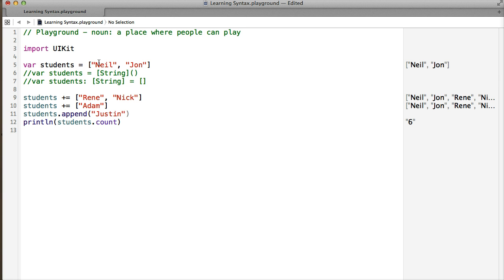By the way, once this is a string array, it's a string array, and you can never put anything else in it until the array is released from memory and you don't use it anymore. So if this is inside a function, for instance, and then the function ends, the next time you come in, I suppose you could use the same array as an integer array when the previous time you used it as a string, but try to come up with a reason to do that. I don't have one. So this is a string array, and if I then try to append a 3 to it,